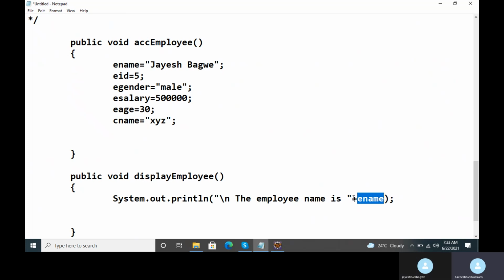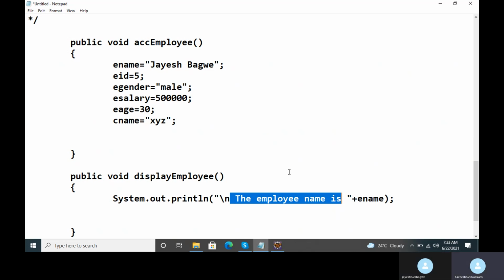I want to join the value of the ename variable to the end of this message. So what I see on the screen will be: the employee name is, the value of ename variable, that is Jayesh Bagwe. Clear, Jayesh? So for concatenating the value of ename to the end of this message, we have used the plus operator here, and ename has been mentioned outside the double quotes.